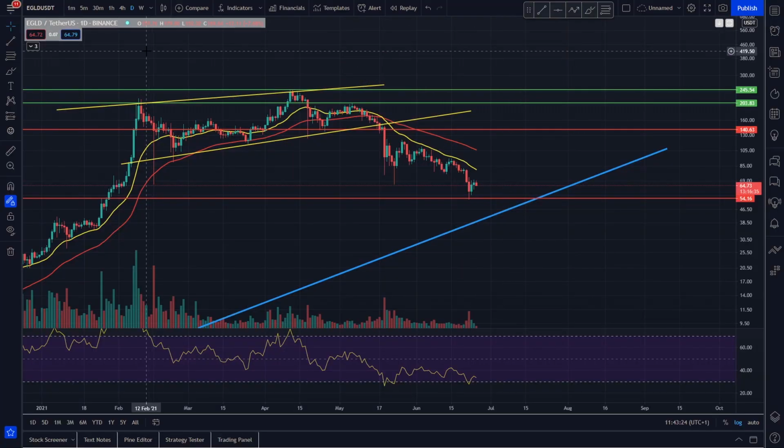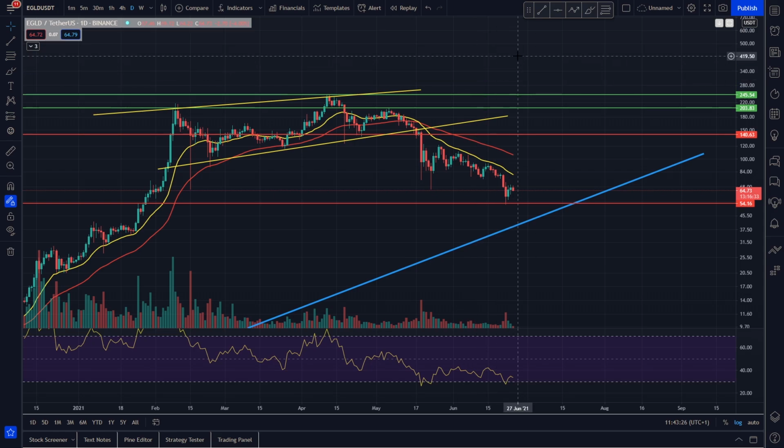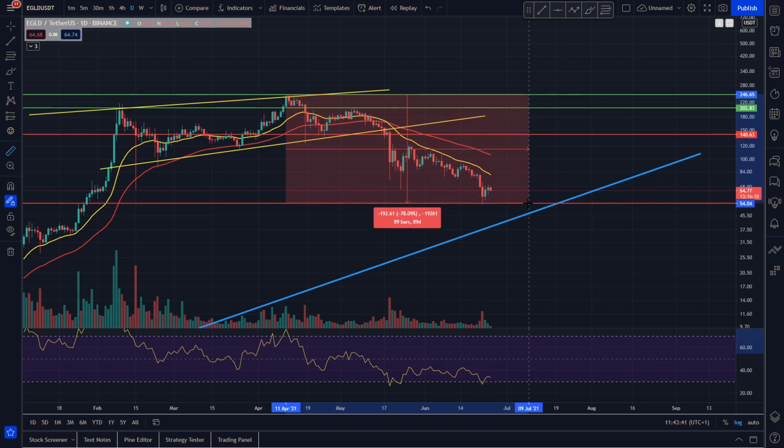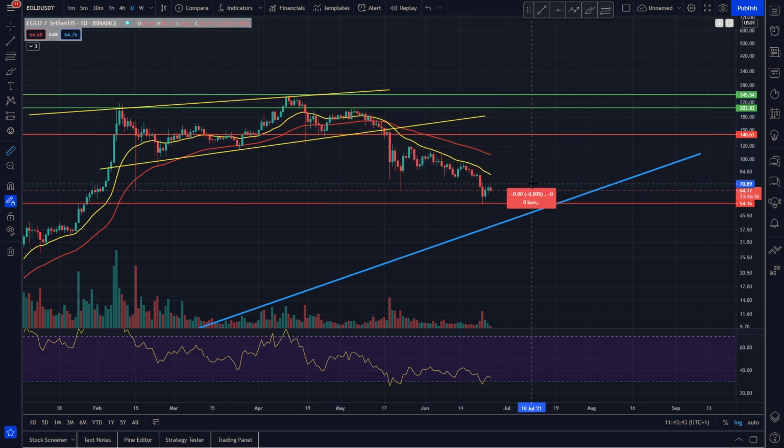So as you can see, on the daily time frame, things haven't been looking too good for Elrond recently. It has actually dropped all the way from around $170 here, when we had this big correction in May, a whopping 67% down to around $63 currently. If we look from the all-time high to this drop here, it's around an 80% drop,